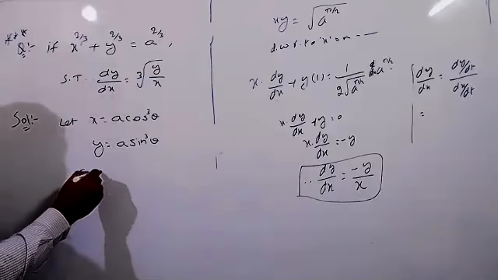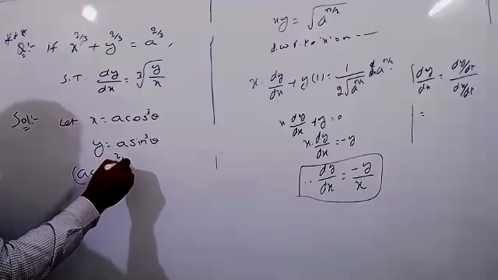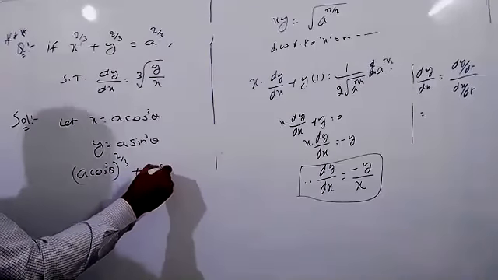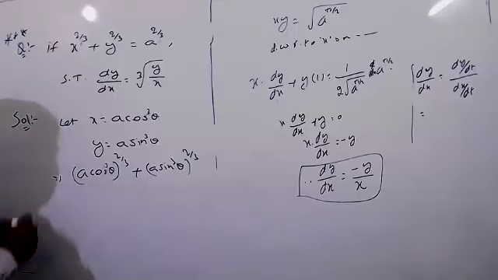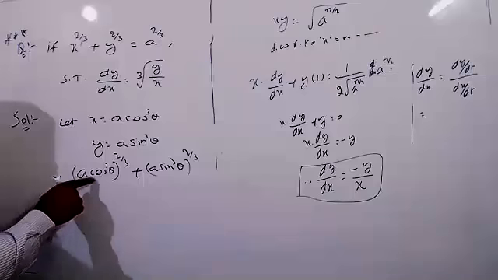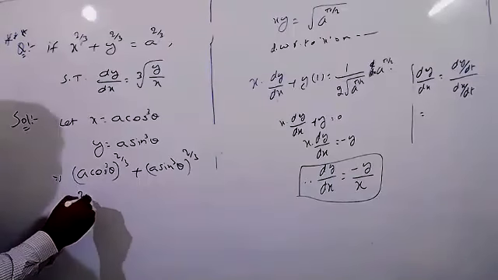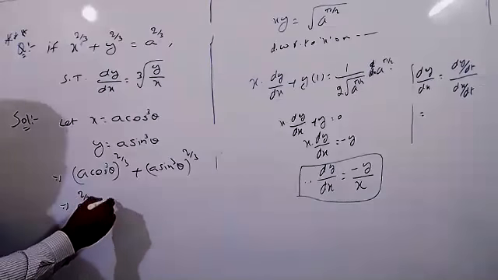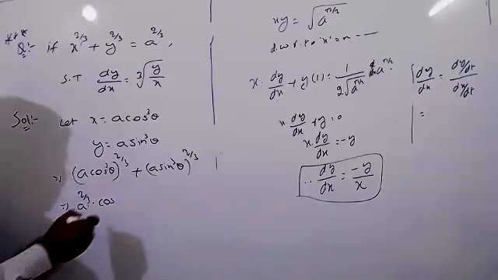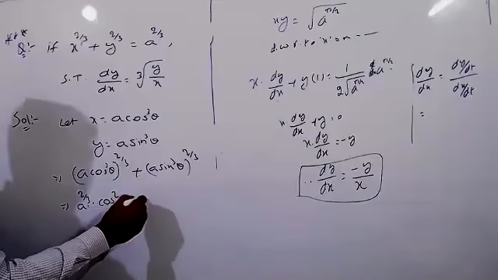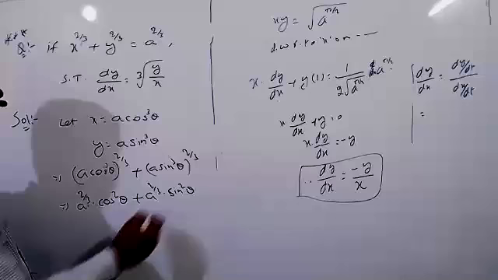So x equal to a cos cube theta whole power 2 by 3 plus a sin cube theta whole power 2 by 3. Is it correct? Whatever this formula, a into b whole power m is equal to a power m into b power m. Clearly cos cube theta whole power 2 by 3 means the 3 will be cancelled. So what is this value? Cos square theta only. Here also you can write a power 2 by 3 into sin square theta.